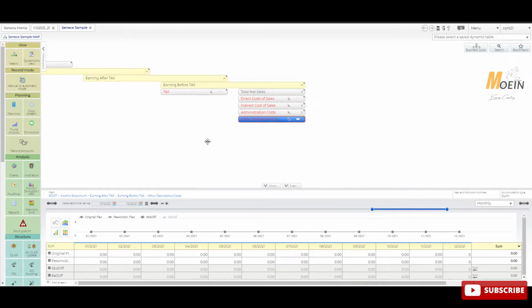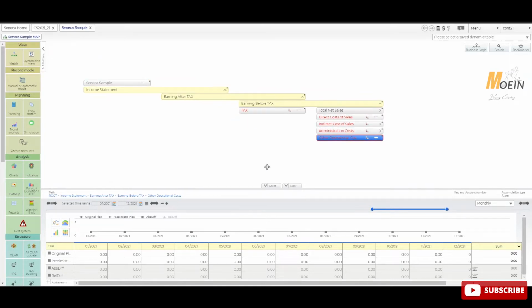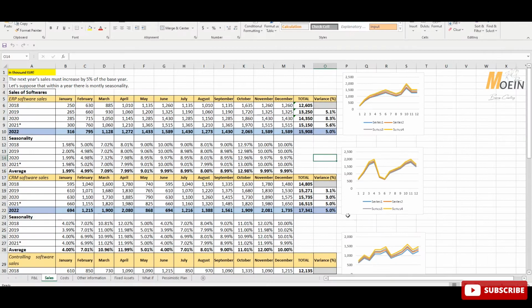Hello everyone, we are here for the third part of the Seneca controlling software. In this part we are going to add the numbers of the sales and the costs to the structure that we have. For example, here in the ERP software sales, you can see the total